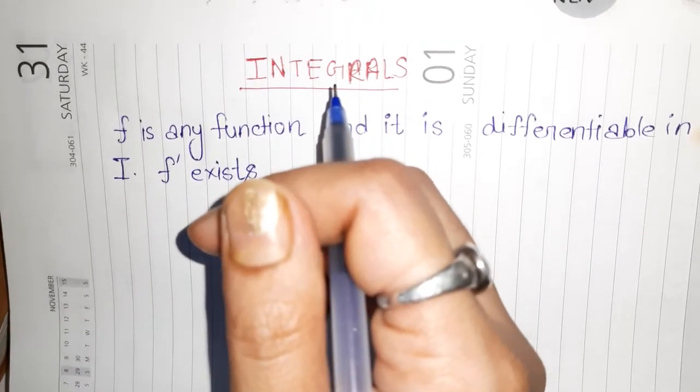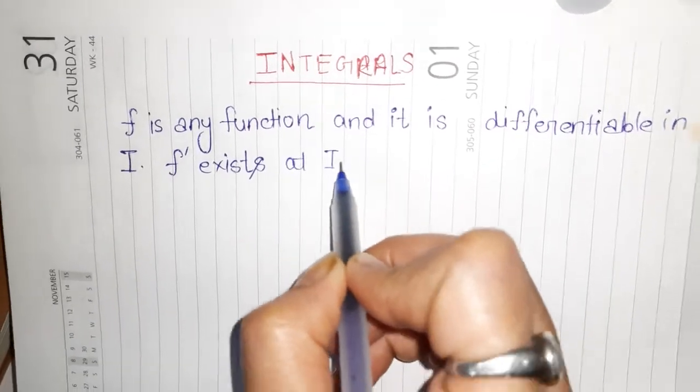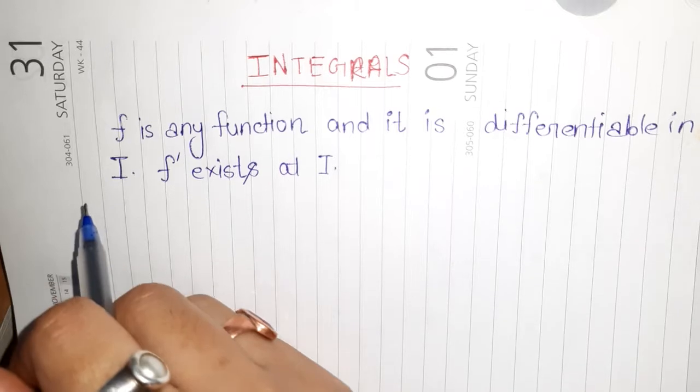So, f dash exists at each point of I, where I is that interval. Then